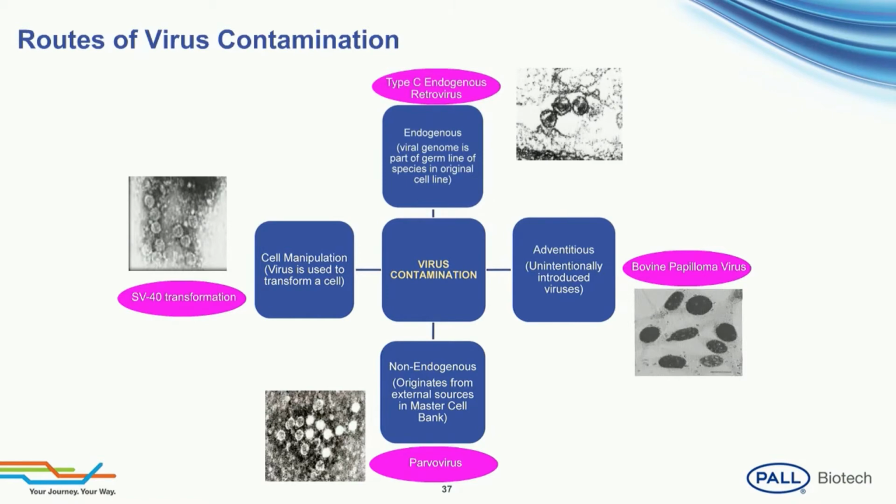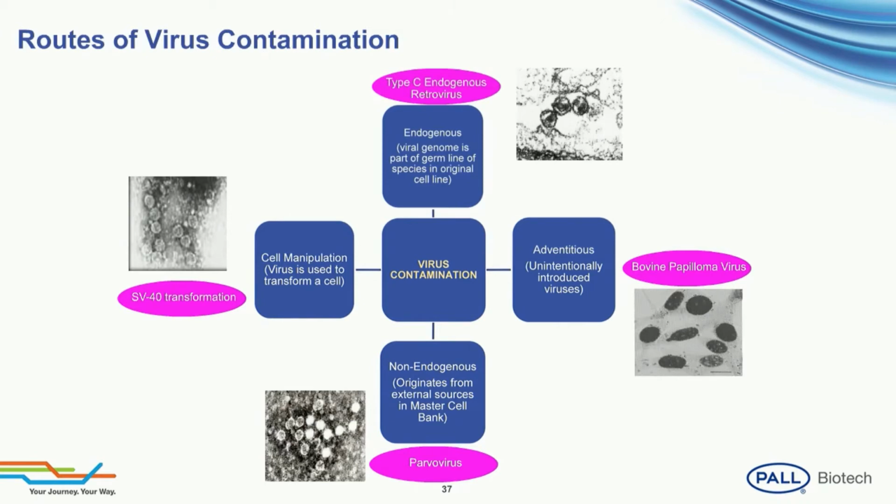It is very critical to understand the potential routes of viral contamination to plan for an appropriate virus clearance strategy. These are the main four routes by which viruses can be introduced into a processing line. In case of endogenous viruses, the viral genome is part of the germ line of the species from the cell line. Although these retroviruses do not usually pose a threat to human health, they must be included in the overall